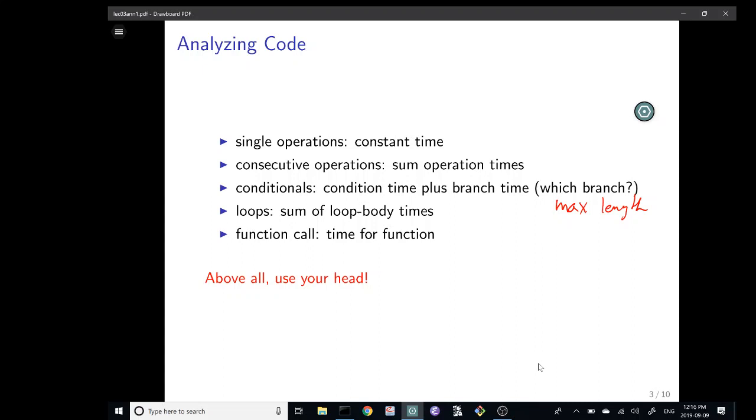So you have to count all the stuff that's done inside of loops as they go through. And then if there's a function call, you have to count the time for the function call because who knows what it's going to do. It takes a long time to do stuff. You have to count that and add that onto the running time of your code. Really, what you're doing is you're just being a computer and trying to figure out what steps are being taken by the computer, and so you just use your head. That's really the thing to do. That's the summary of it.